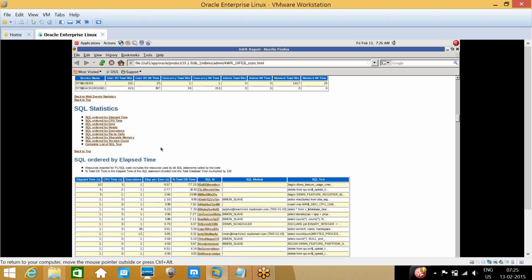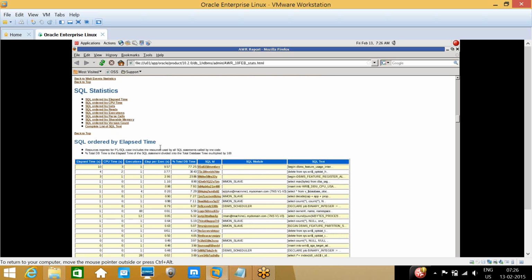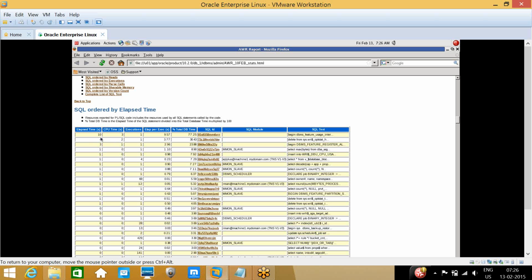You see here, there are no SQLs running more than 10 seconds. But in a production database, there will be more than 3000 seconds, 45,000 seconds like that. I am generating all these SQLs within the server itself. The SQL text will also be available.